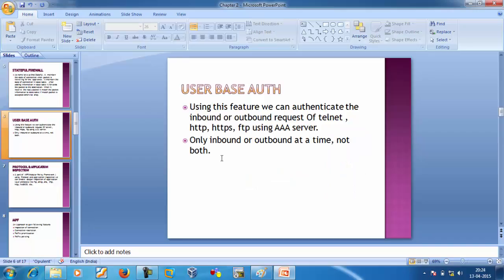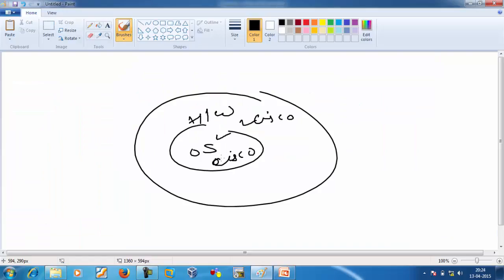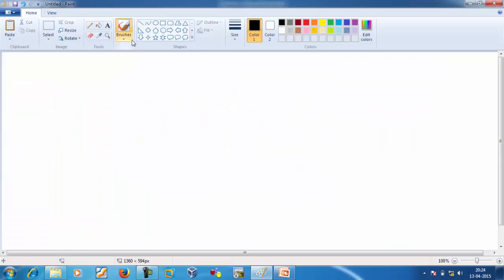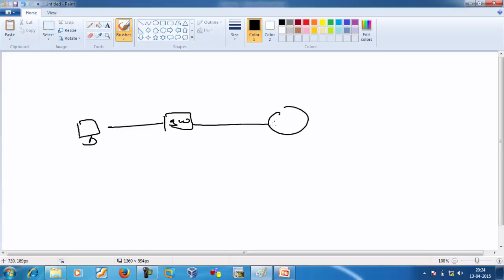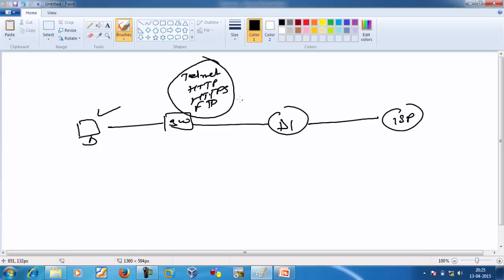Next is user base authentications, or CTP. So what is CTP here? For example, we have a client that is connected with a switch, and that switch is connected with Cisco ASA, and the ASA is connected with the ISP. Now we want, when this client initiates a request of telnet, HTTP, HTTPS, and FTP,